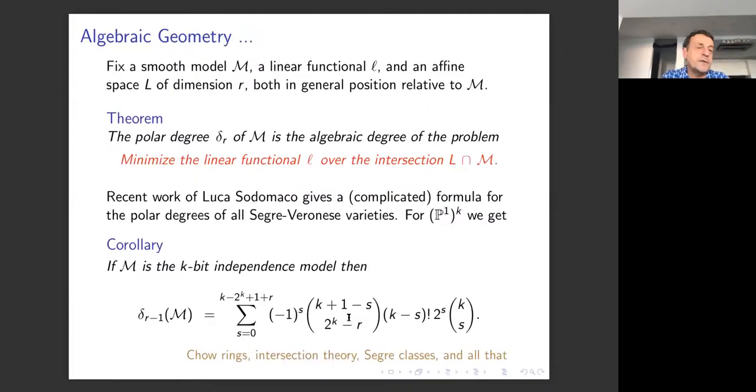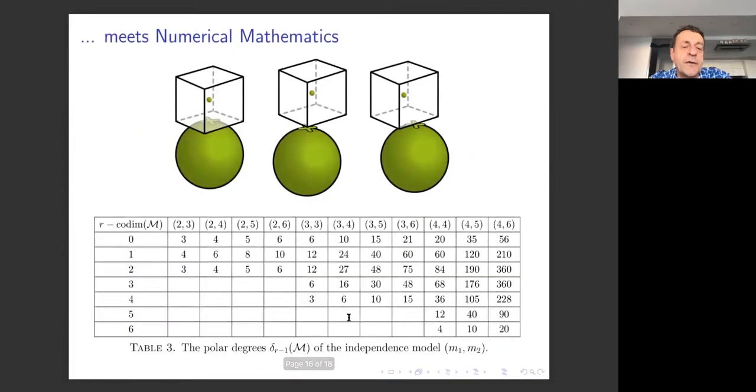Here, algebraic geometry these days very much meets numerical mathematics. This is the example just for matrices. I have two random variables with finitely many states. I'm talking here about, let's say, 4x4 matrices of rank 1. That's my model. I have ACGT in some position in my genome. Radu has ACGT in his genome at that same position. And here we might hypothesize that this is independent. Let's pretend that this is independent. His ACGT is independent of my ACGT. So this is given by a model inside the 15-dimensional simplex on joint distributions on our